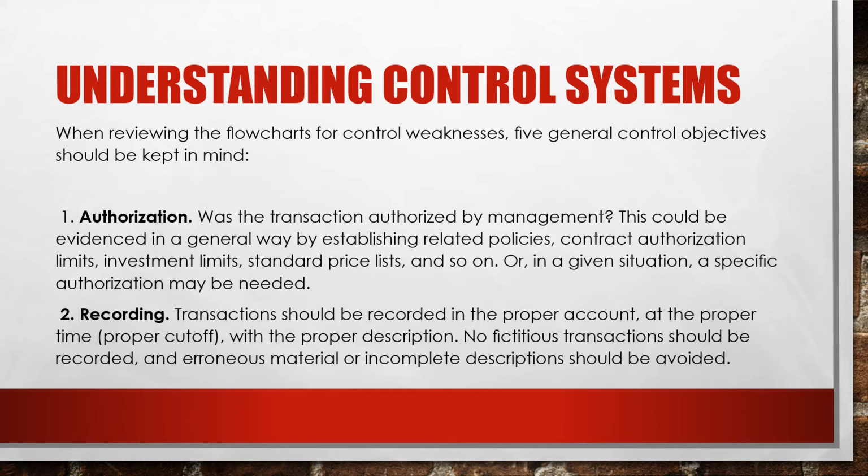For example, you bought a printer. You will indicate there how much its amount is. What kind of printer is it? Canon? HP? Or what other kinds of printer? You can also indicate that it is colored, or it can be black and white. So, just a little description of those items. Others also have a serial number that they indicate on their equipment. So, that is part of the recording as part of the control system.